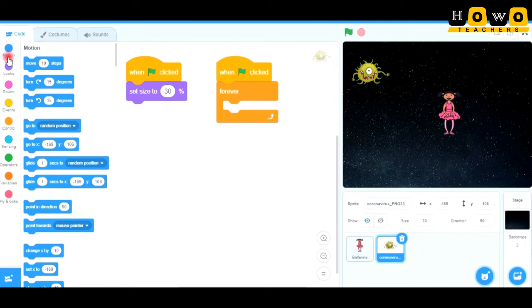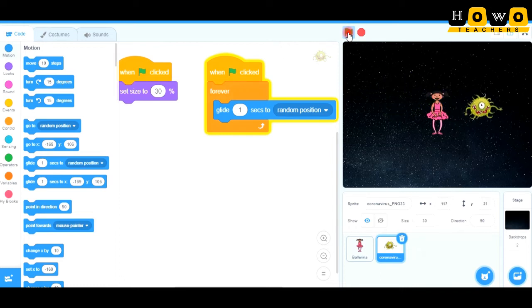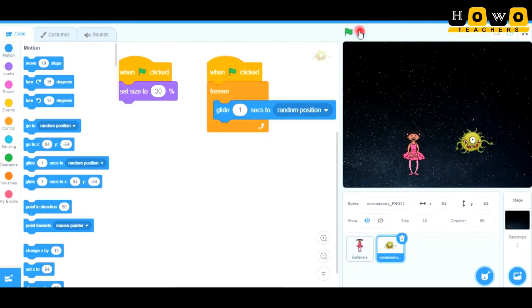Here in the motion coding area, we have the glide 1 second to random position. I have taken that, and let us quickly play it and see whether it is happening or not. Yes, it started gliding, and I can click on the ballerina and move the ballerina also. So this was the first part of the code related to the coronavirus.